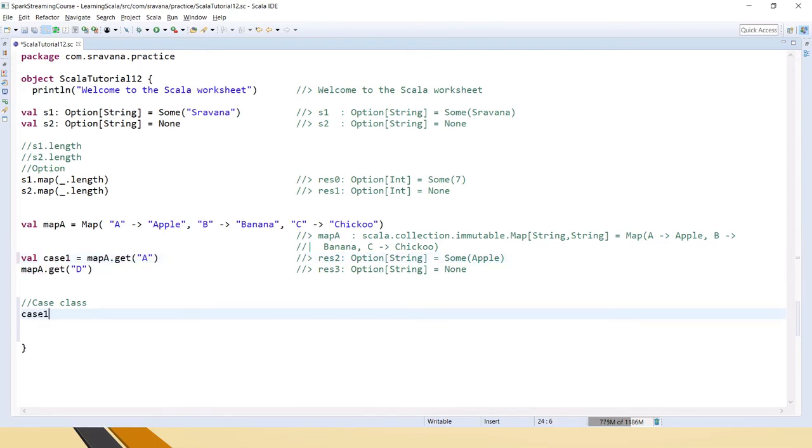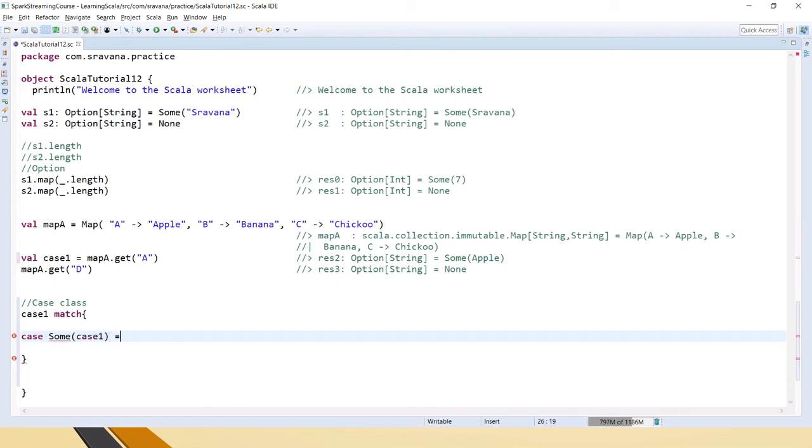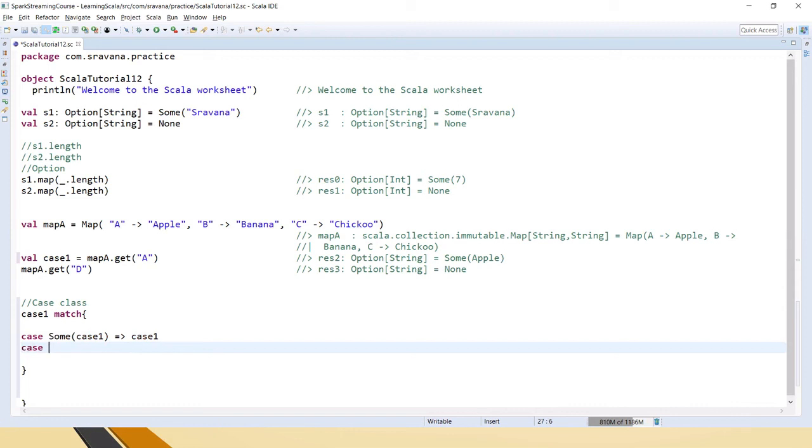Now if you wanted to do pattern matching, you will put it this way. So case 1, if it is matching, then return case 1, and if it's None, which means it is not matching anything, then return not present or something like that.